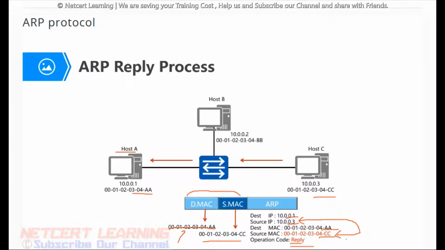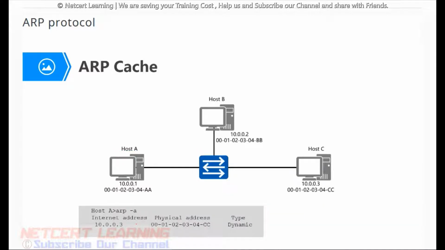Then host A can send out the packet to the network, and the encapsulation is finished. This is the whole process of ARP. Of course, when host A gets the reply, this information will also be put into